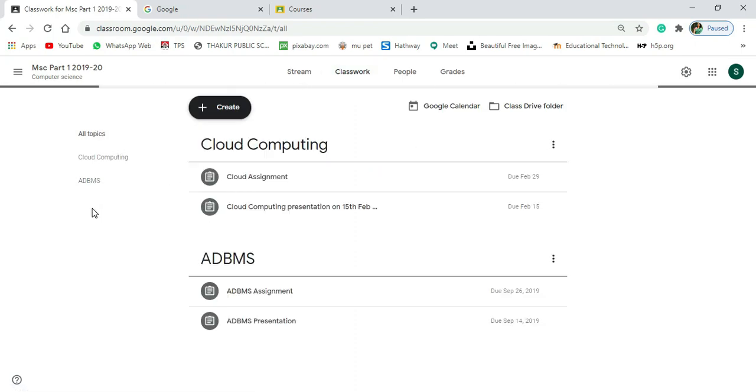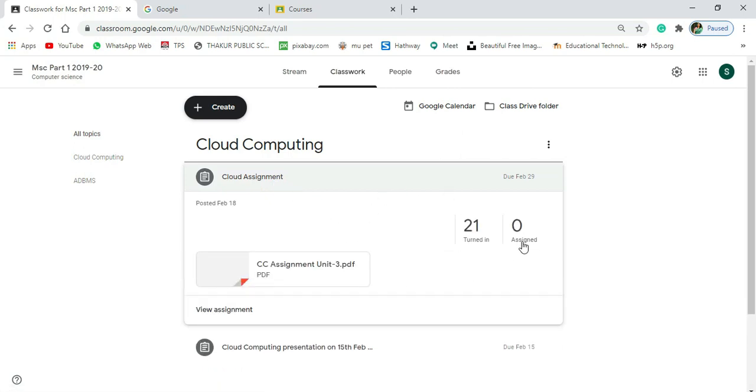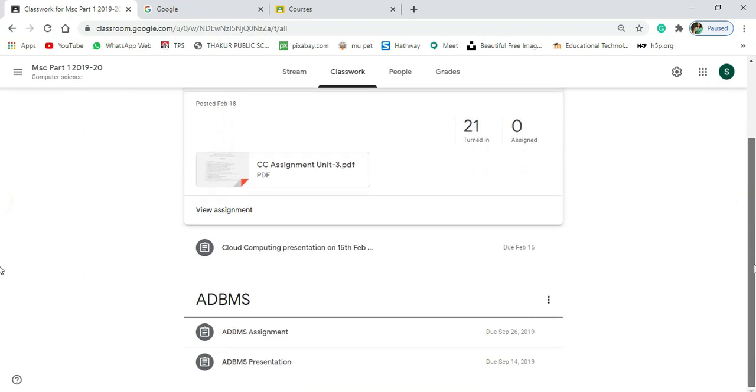I have topics, and in those topics I have given assignments and presentations, and then whether students have done that assignment or not. So a total of 21 students are enrolled in this course and they all have submitted the assignment. So it is showing me that 21 turned in, and below let me show you this part.